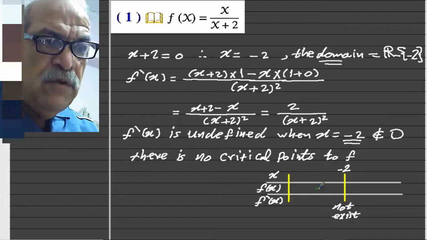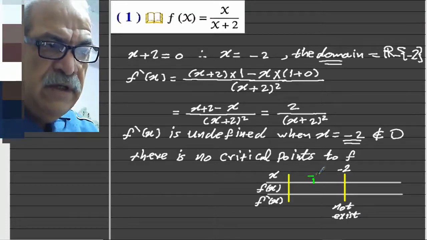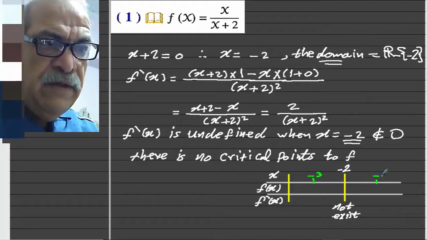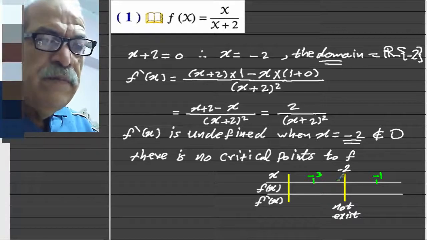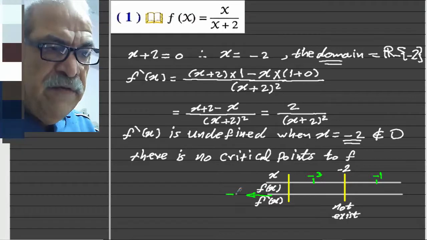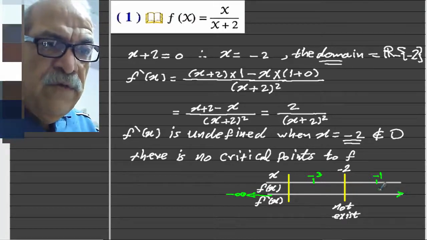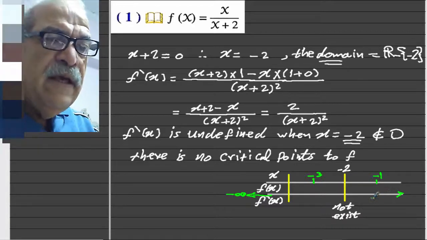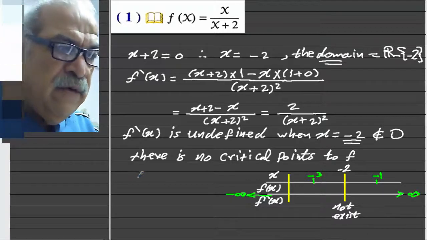We choose two numbers belong to the two intervals. Here we choose a number like -3 and another like -1. Here -3 is less than -2. It belongs to this interval from -infinity to -2, and -1 belongs to another interval from -2 to infinity. Now, f dash